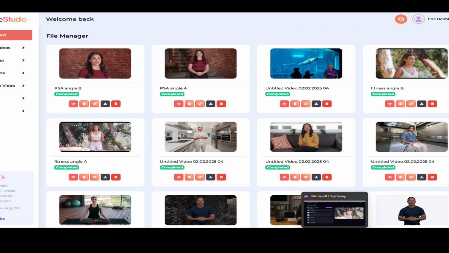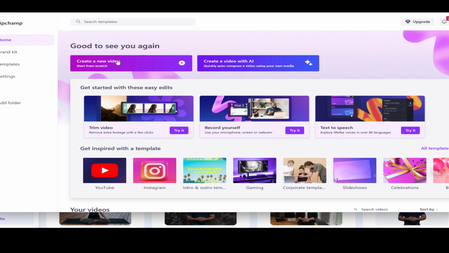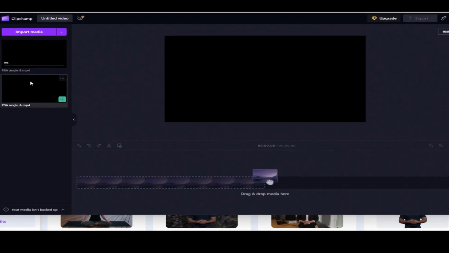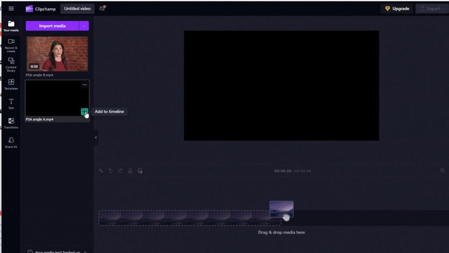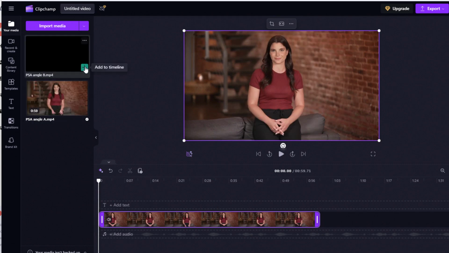I'm going to jump back to Clipchamp, click Create New Video, and again, Clipchamp is free. You can use any video editor. I'm going to drag and drop those two clips into the media bin. We'll add Angle A to the timeline, drag it back to the beginning, add Angle B on top of that,